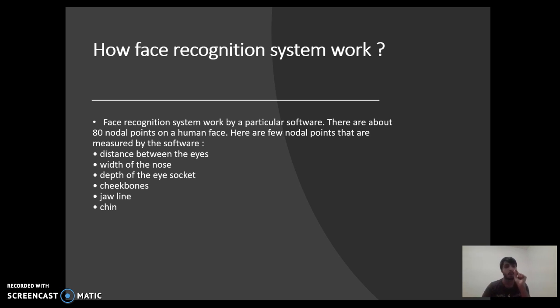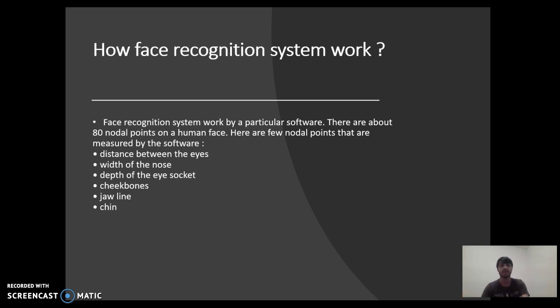There are a few nodal points measured by the system, such as the distance between the eyes, width of the nose, depth of the eye socket, cheekbones, jawlines, and chin. This is the basic thing: the 80 nodal points are used to recognize the